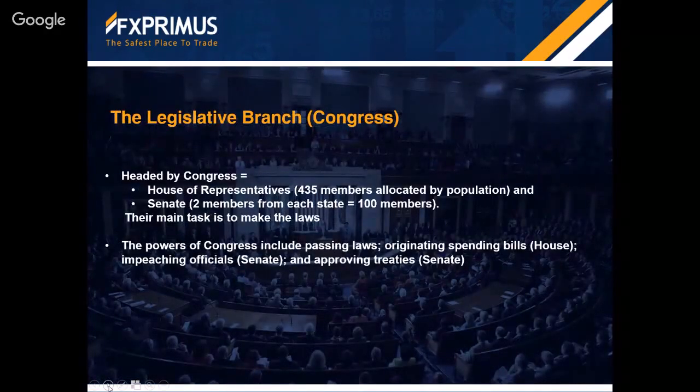Now, the legislative branch, that's Congress, basically. Congress is made up of 2 parts. The House of Representatives, where each state gets a number of representatives proportionate to their population. So California has like 38, a huge state like California, I think it's 38, maybe. Whereas smaller states would only get 2, I think it is. And the Senate, where each of the 50 states gets 2 representatives. California, with millions and millions of people, has 2 people in the Senate. And Rhode Island, which has about 600,000 people, has 2 people in the Senate.